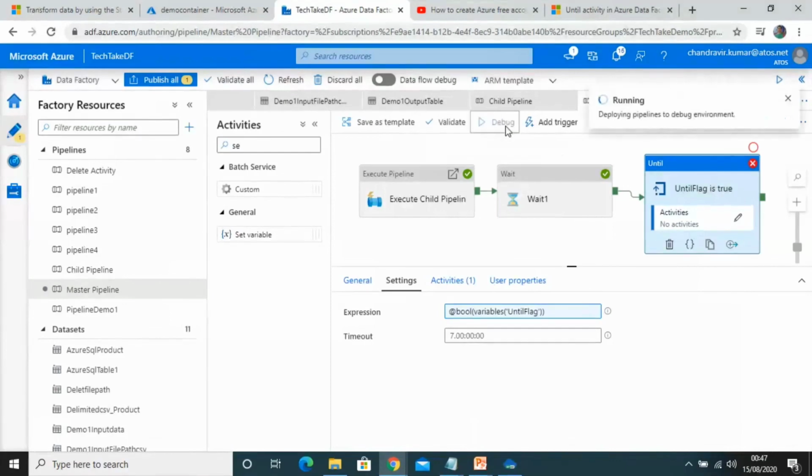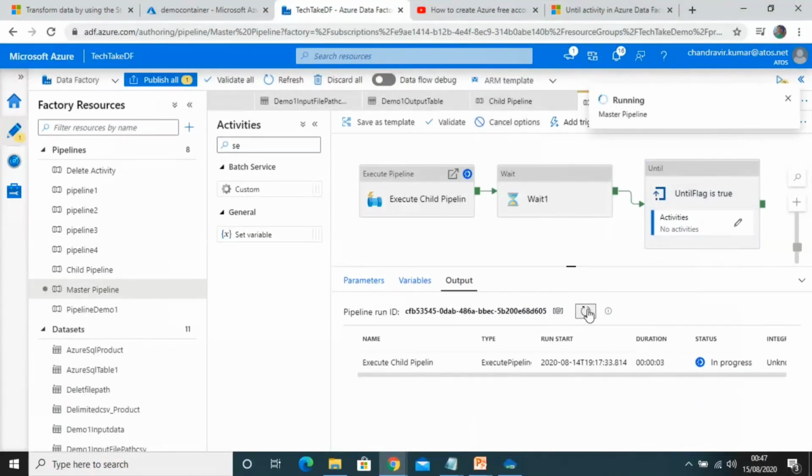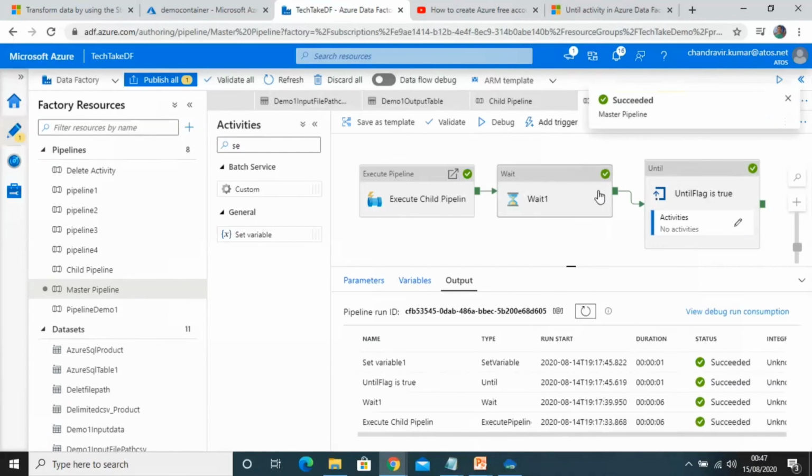This time it should execute successfully. First it will execute for false, and then during the execution the variable will become true, so until then it will execute. It's still in progress. You can see one by one it's completed now. The Until activity succeeded.